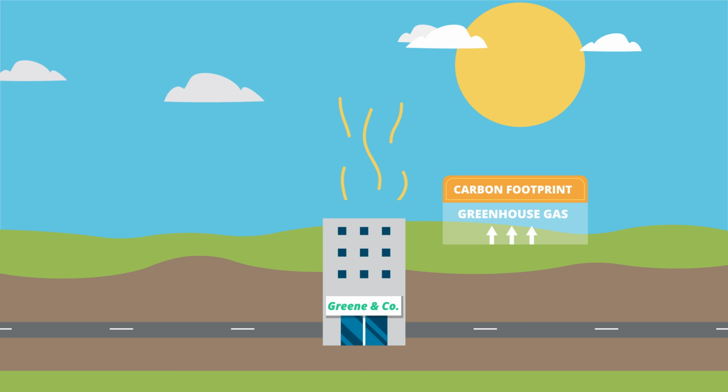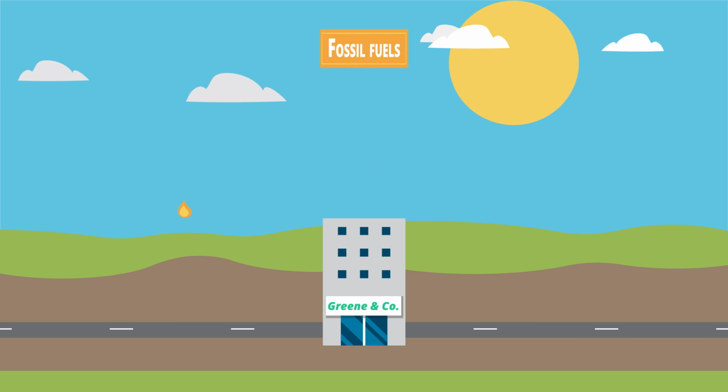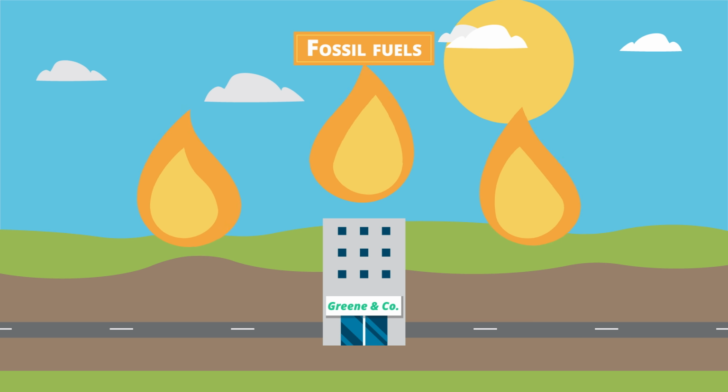Carbon footprint reflects the quantity of greenhouse gas emissions caused by a company or an organization. In practice, the carbon footprint can be measured by calculating 3 levels of emissions. The first level represents total emissions from fossil fuels, such as oil, gas, or coal, used in the company's day-to-day activities. For example, the electricity used in its buildings, the energy consumed by its machines, or the fuel burned by